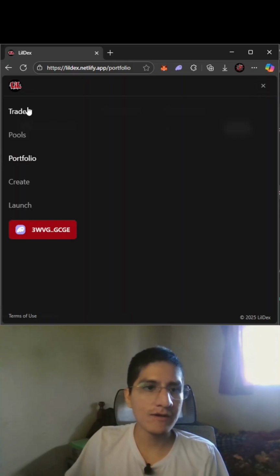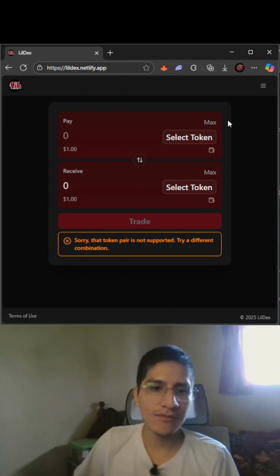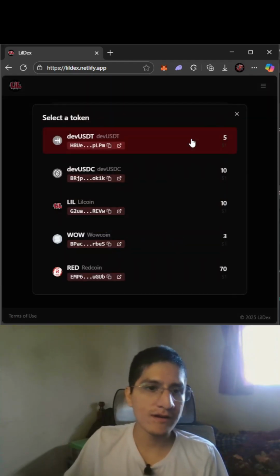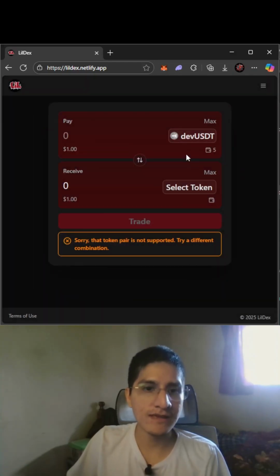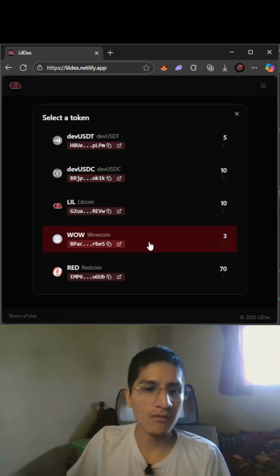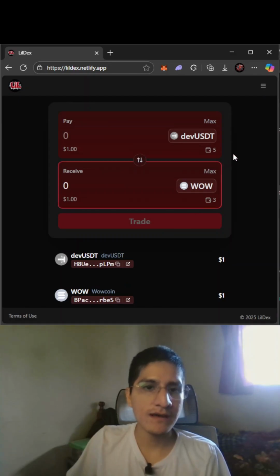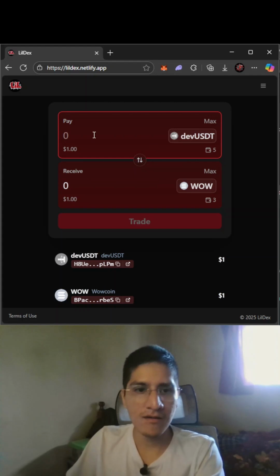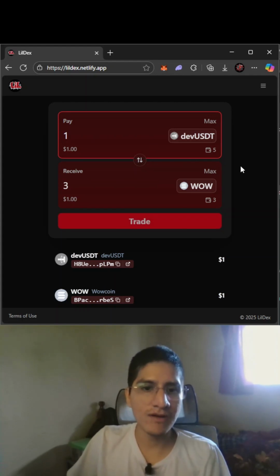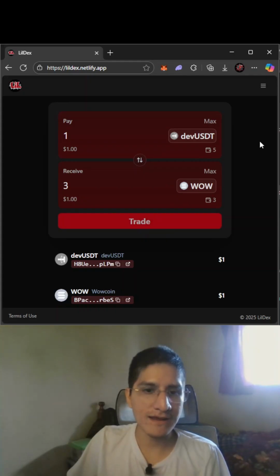And finally, we're gonna test the swap feature. First, we're gonna select available pools. So we're gonna say the USDT and WoW in this case, and we're gonna select 1 USDT. So for 1 USDT, we're gonna receive 3 WoW. We're gonna click in trade,